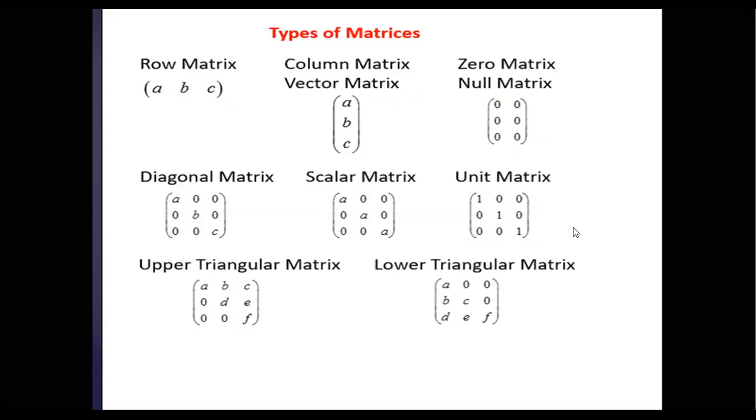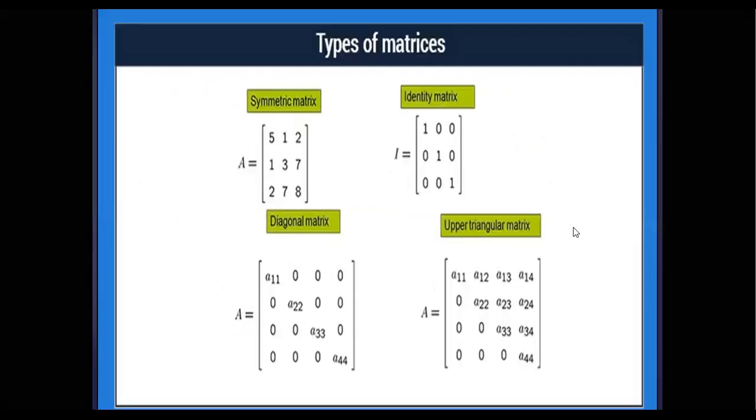Moving ahead, again we have seen symmetric matrix. So how can we prepare a symmetric matrix? I will show you. For example, if I want to prepare the symmetric matrix of order 2 by 2, then how can I prepare? First of all, write down two elements in the first row. For example, 1, 2.